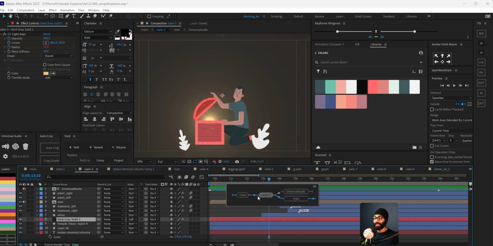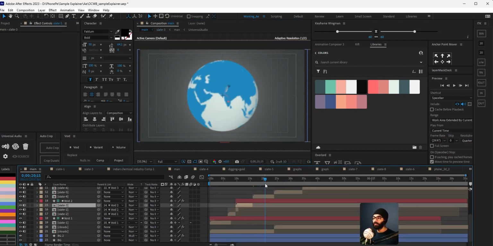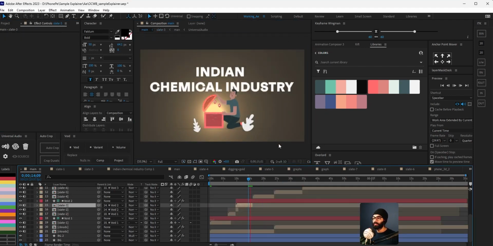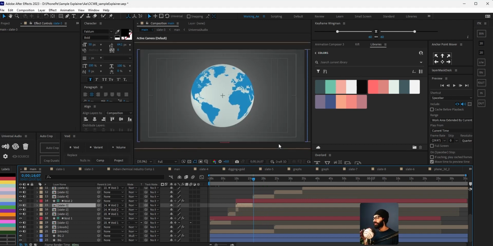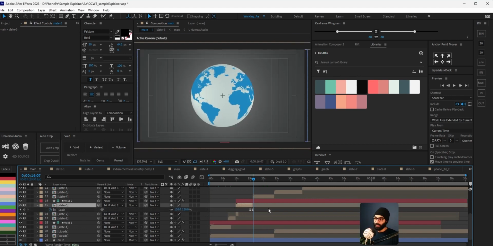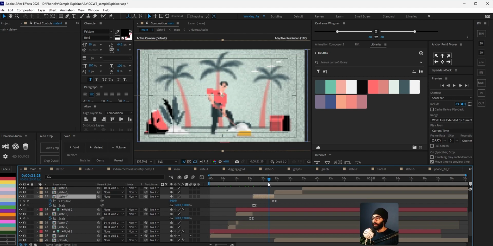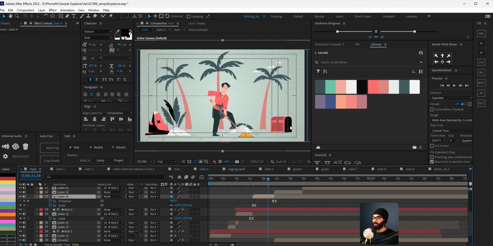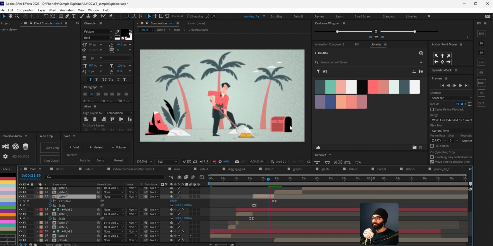But the light rays are amazing, and you see a lot of match cuts in between, like from Indian here to here, chemical industry, McKinsey. That match cut is something that I've kind of figured out how to do, and I need a script for it. If you see here, there's going to be a position match.